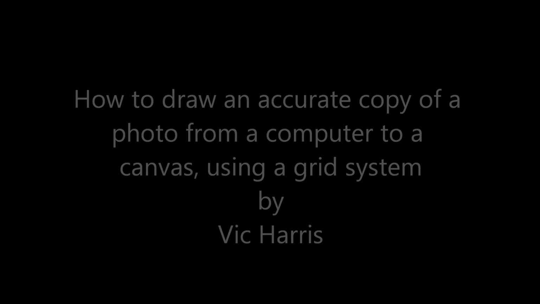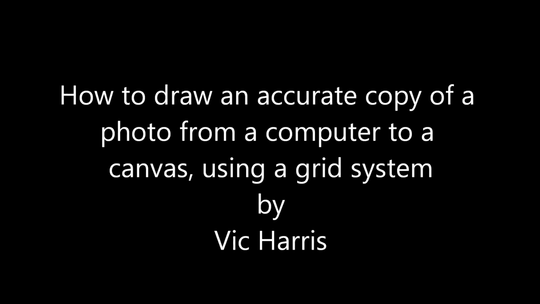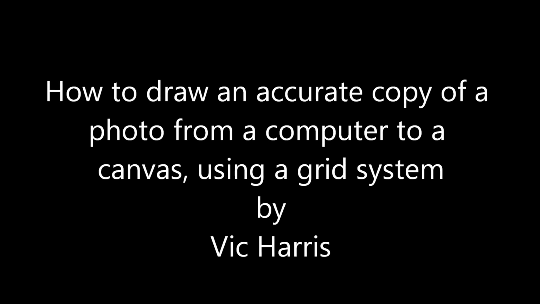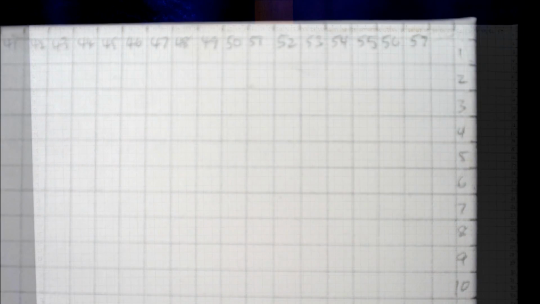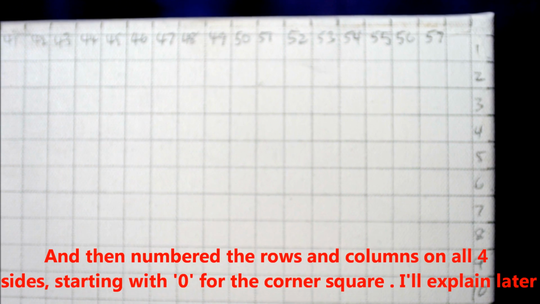In this video I'm going to show you how to draw an accurate copy of a photograph on your computer to a canvas. Here I'm using a canvas at 60 by 90 centimeters, and on it I've drawn a grid of 1 centimeter squares. At the edges I've numbered the rows and columns, starting each corner with 0, and I'll